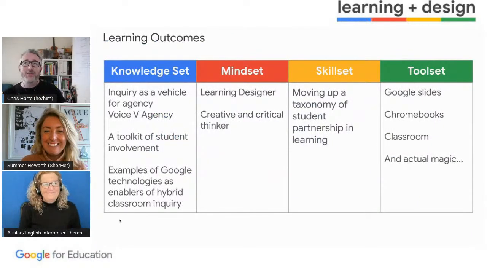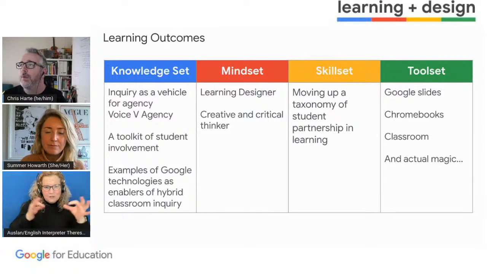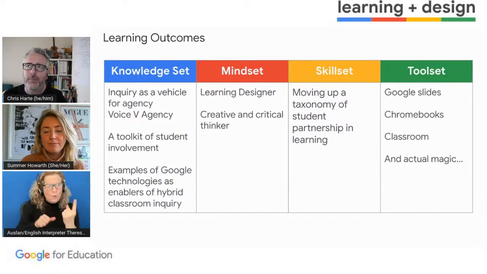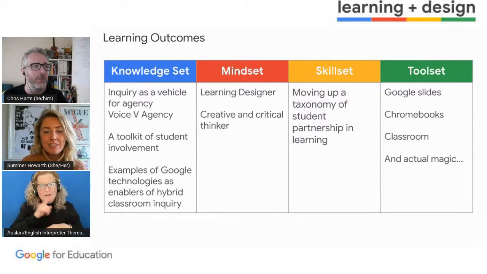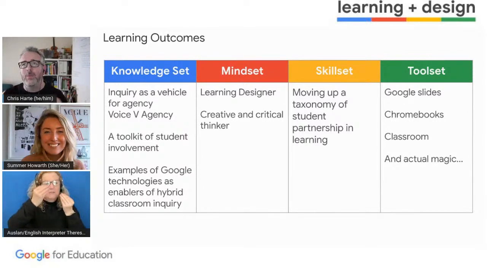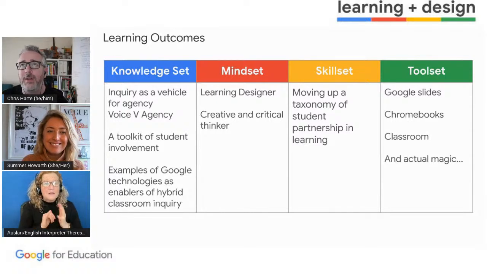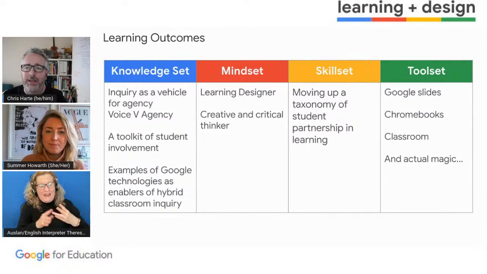Okay. Learning outcomes for today, as ever, split into our 4 lenses, which is a really important part when we're designing learning to ensure that we're looking at all 4 of these lenses, as we talked about last week. In terms of knowledge, we're going to be looking at inquiry as a vehicle for agency. And then Summer's going to talk a bit to us about voice and agency and what we actually mean by that. We're going to look at what a brilliant tool that Summer has just to help us to visualize student involvement in learning. And then, as ever, we're going to look at lots of examples of Google technologies as enablers